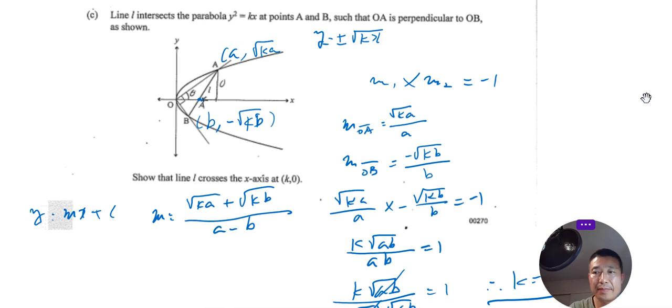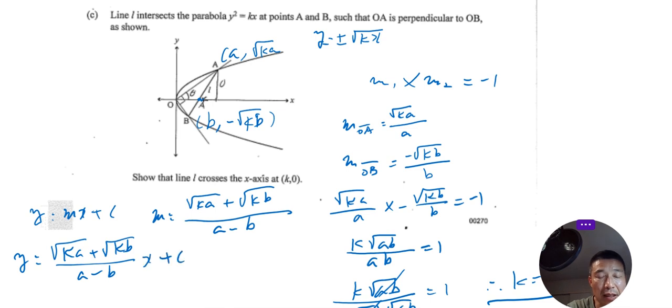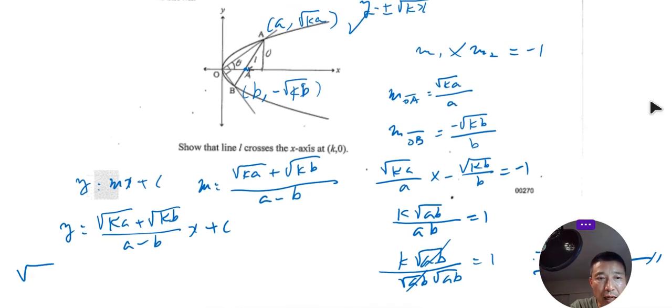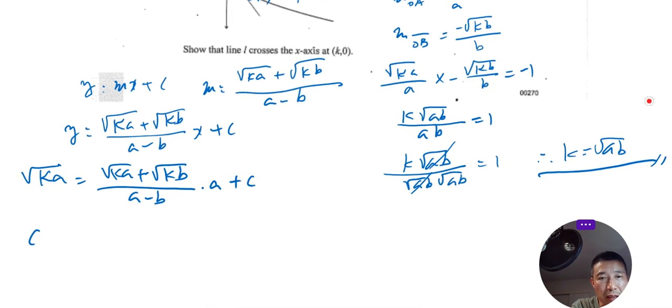Hold on. Yeah, so we just plug that in. So y equals the square root of ka plus the square root of kb, over a minus b, times x, plus c. Let's find out c. Because this line passes through a, square root of ka, and I think these coordinates are easier. So the square root of ka equals the square root of ka plus the square root of kb, over a minus b, times a, plus c, isn't it? Because we have to make c the subject,